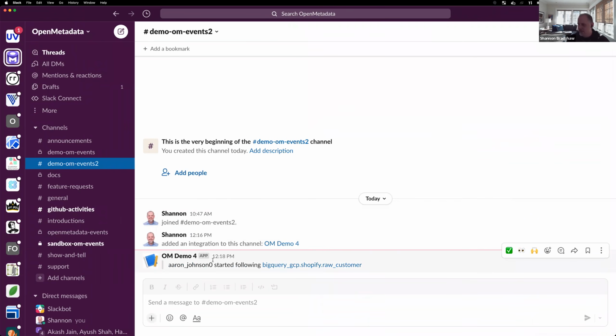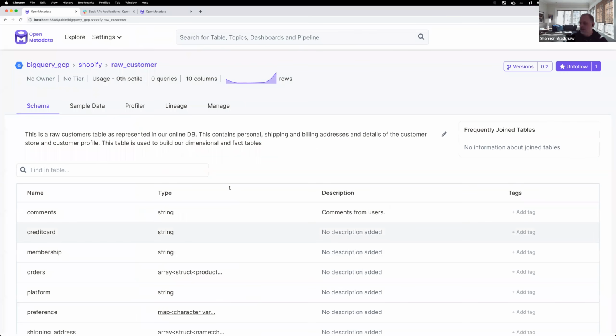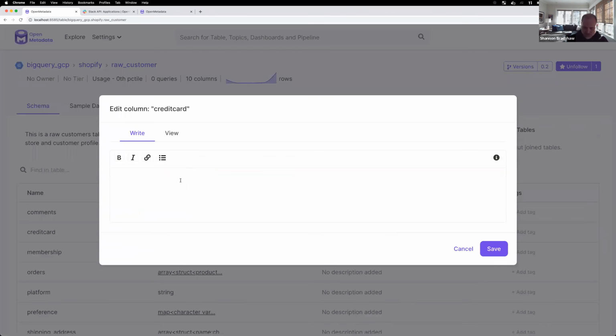All right. So the default user for the local instance is this Aaron Johnson user. And you can see that I started following that raw customer table, and that is in fact being reflected here in the Slack channel that we're publishing events to via the webhook. Okay. If I was to update a description,